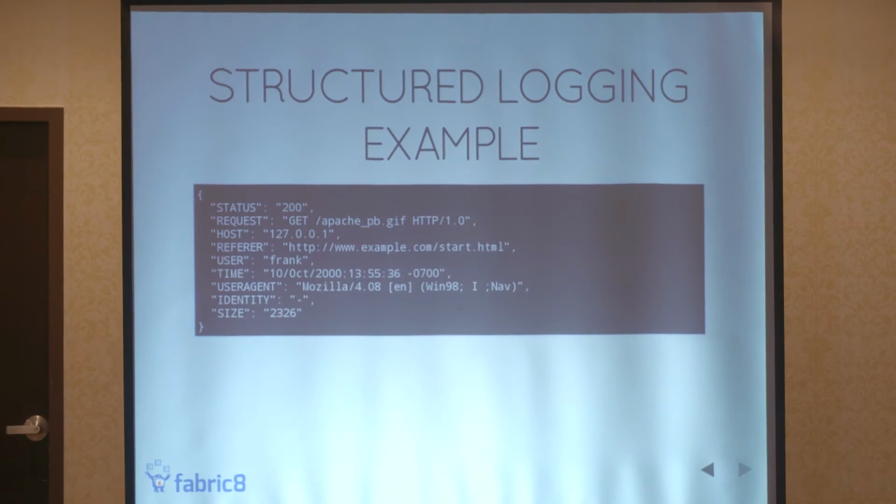It's a really simple idea, right? But I've straight away got this stuff here. I'm not allowed to walk in front of the camera, so you can see where I'm pointing, right? This stuff's already got the context in there. The status, what was the response code? What was the request? What was the request to host? What was the refer? The context's all there. I don't need to infer that. I, as an application, can log straight away with context. I'm not wasting my CPU cycles. I'm just logging with context.